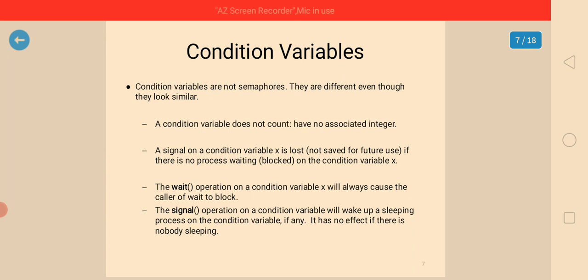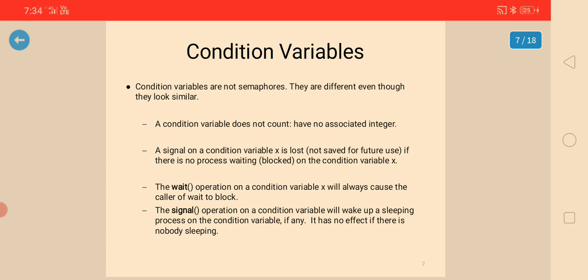A signal on a condition variable x is lost, not saved for future use, meaning once the value of this condition variable x is lost, that value is not used further. It is not used for future use if there is no process waiting, blocked on the condition variable x.